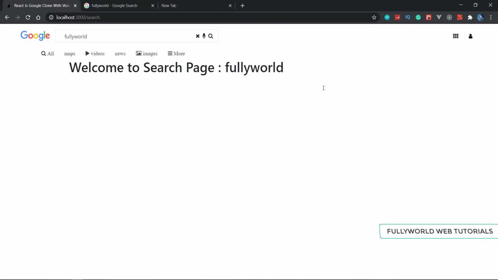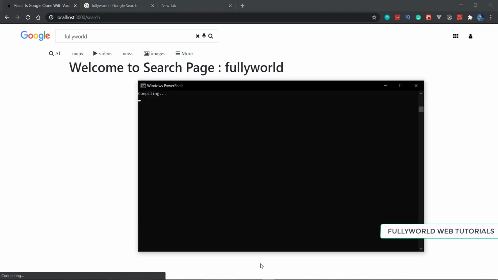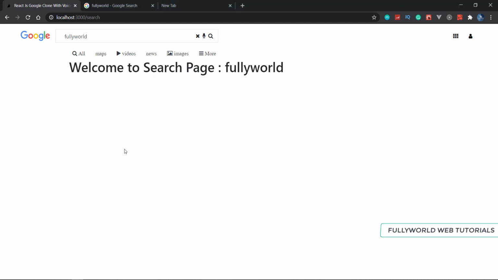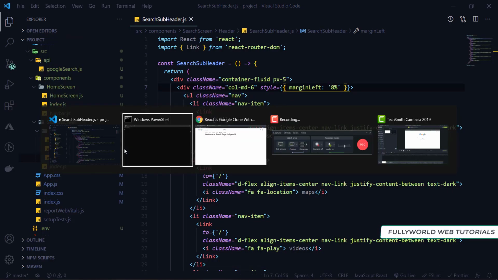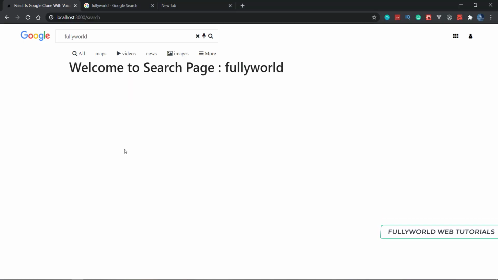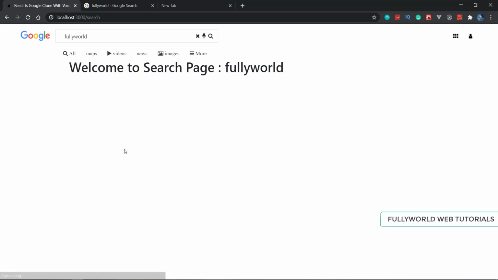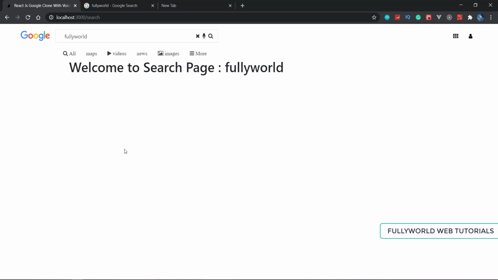Save this, and now let's reload this. I think it is compiled. It is compiling. See, the margin 10 is like that. So margin 8. How will be our margin 8? Now it is looking very good.